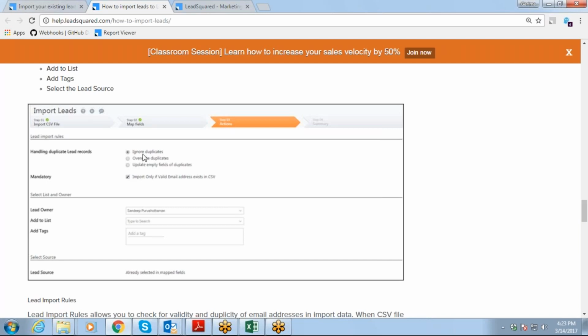So we have these options. Always remember, please keep check on them. Whenever you face any errors, just keep check on these. You must be having some duplicate values or something. Just try to ignore or override those duplicates, right? One more thing is that